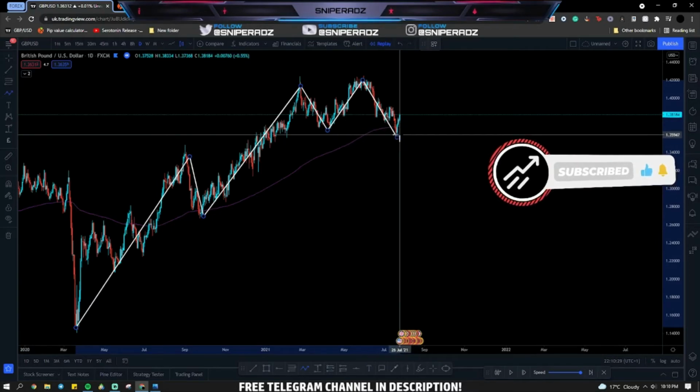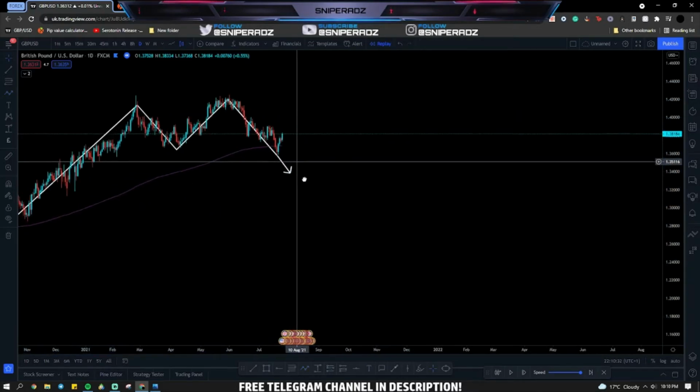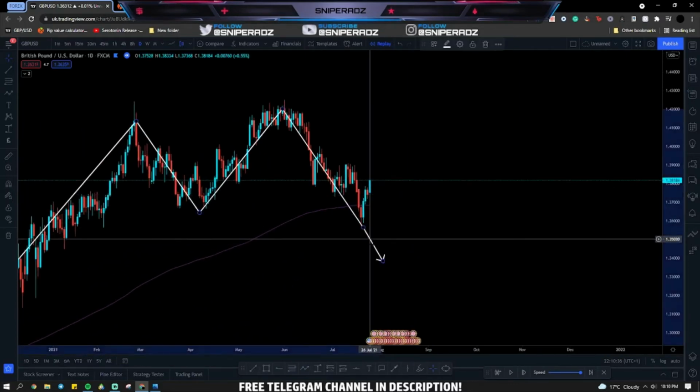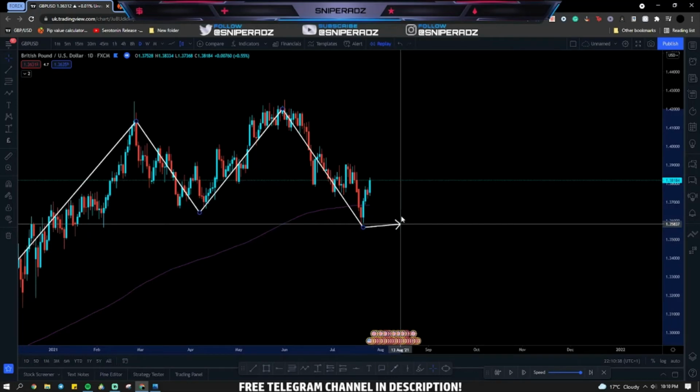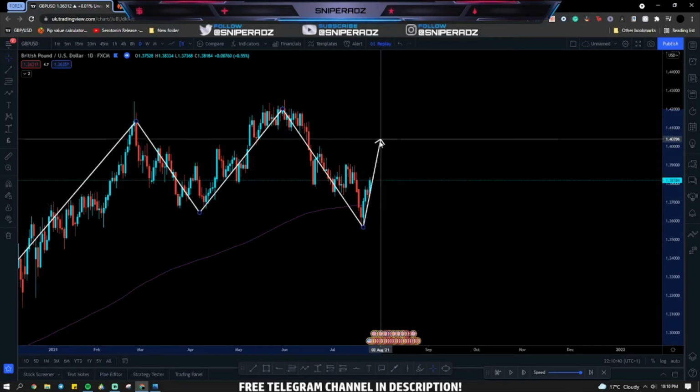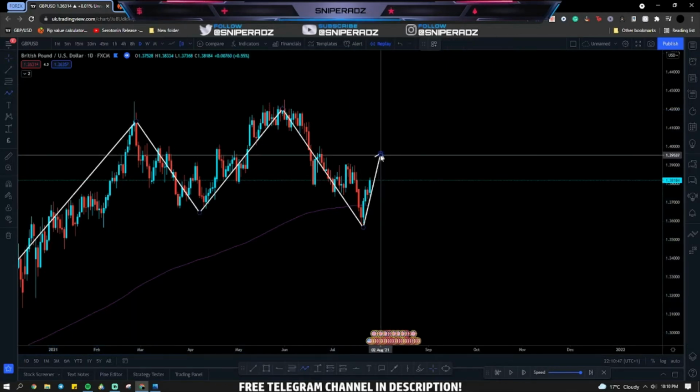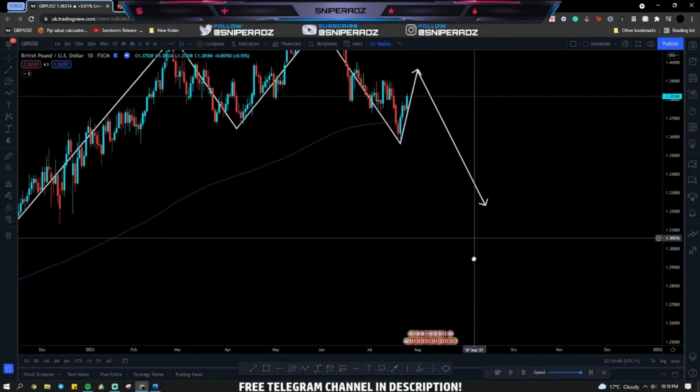So once we've seen this, we can expect price to retrace to the upside, which I'm just going to adjust the chart for you guys and show you. So once we've seen this, we can expect price to go to the upside here and make a lower high compared to this previous high here, and then we can expect price to drop to the downside and continue in